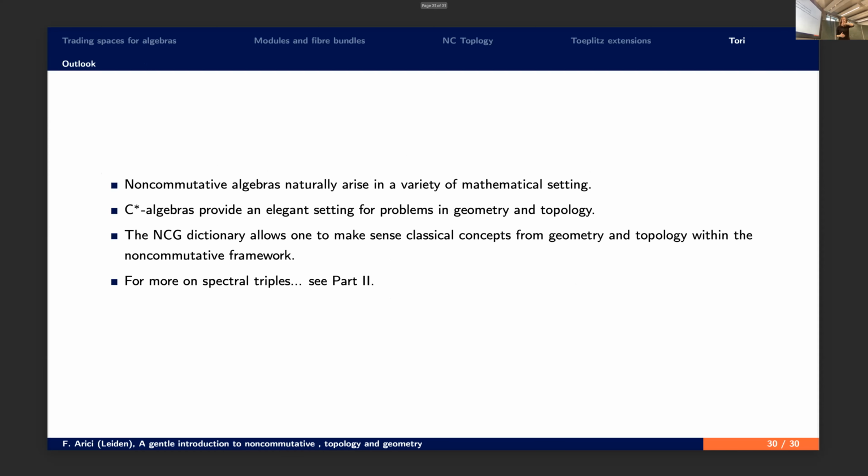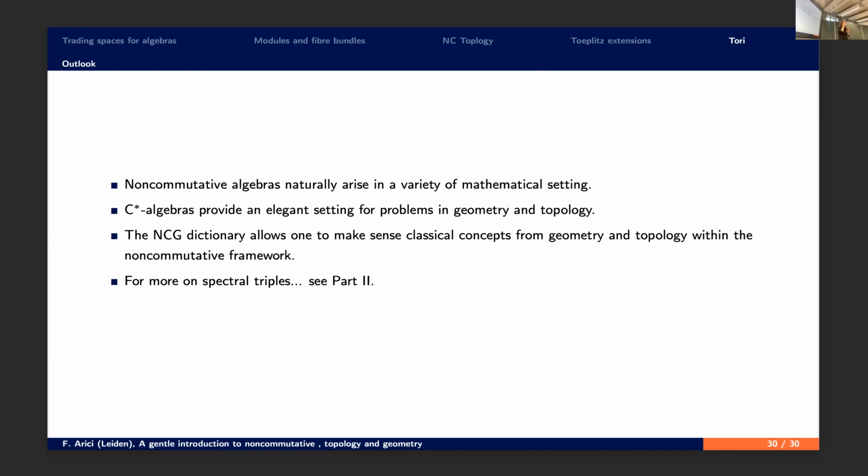So I think it's a good time to stop and to summarize. These non-commutative algebras, two of which I presented, arise in a variety of mathematical settings. In particular, C-star algebras are very suitable to translate and to study problems that arise either in geometry or topology, and to give an interpretation of topological and geometric properties in the C-star algebraic setting. This you can do thanks to the non-commutative geometry dictionary, but thanks to this dictionary, you can also extend the study to